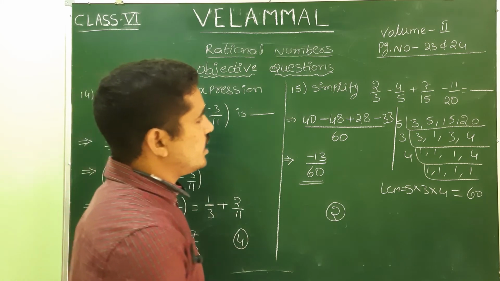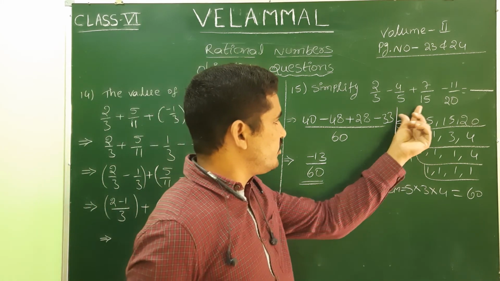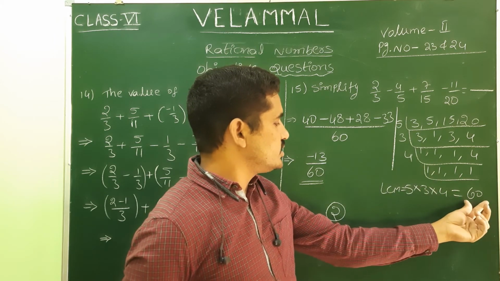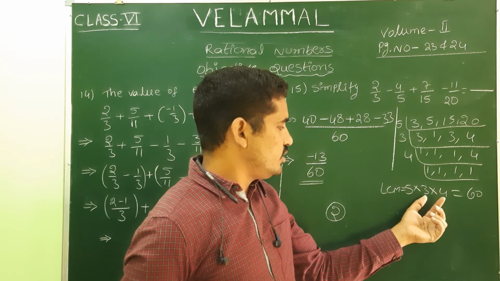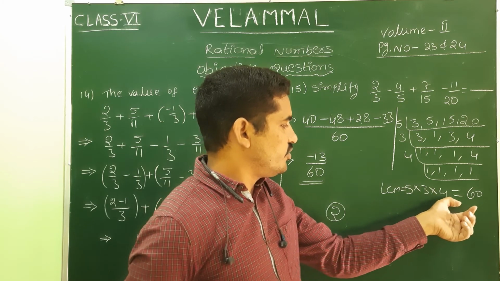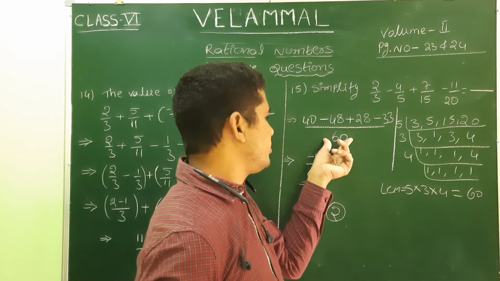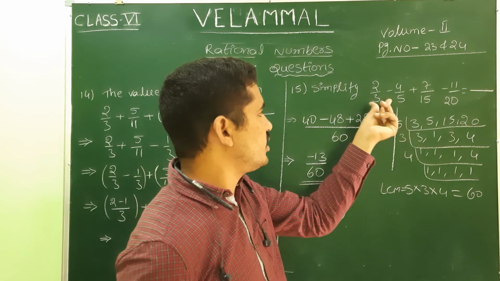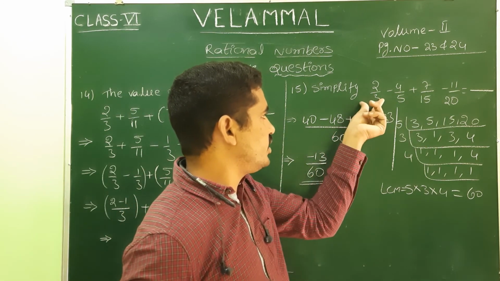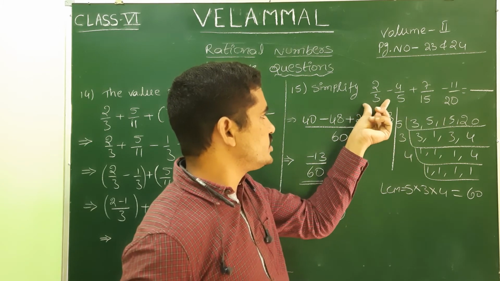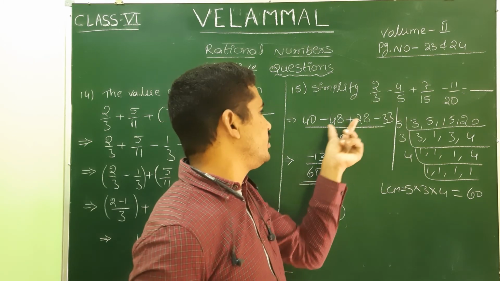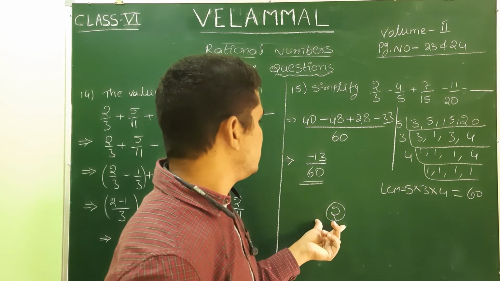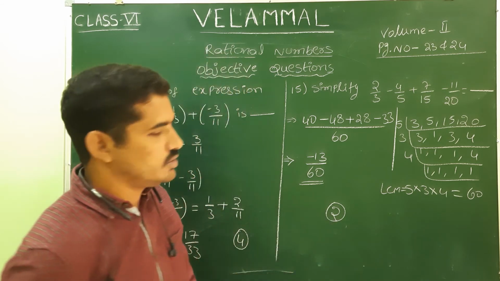Okay. Once again I am explaining, children. Need to take the LCM first for the denominators. We are taking the LCM. LCM we got as 60. 5 3s are 15. 15 4s are 60. So common denominator it is LCM. Then each and every denominator we need to divide 60. We need to divide with these denominators. With the quotients, its numerator must be multiplied and we need to write there. So minus 13 by 60 final answer. So option is 2. Okay, copy this, children.